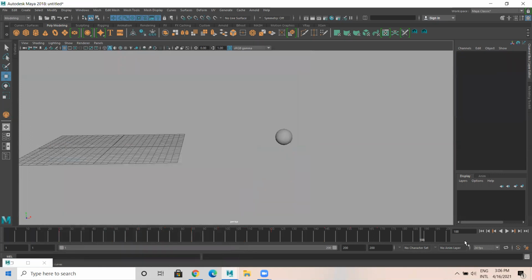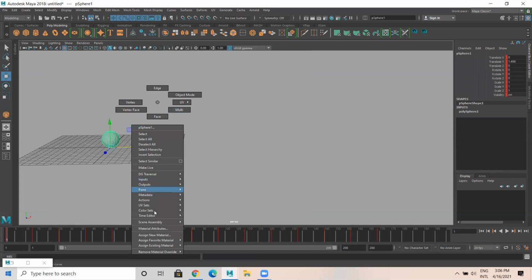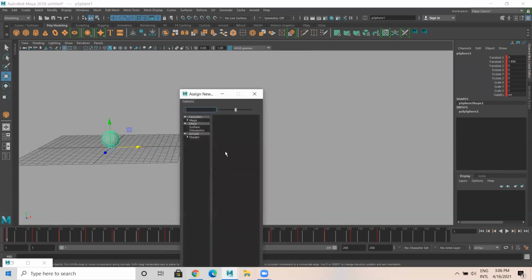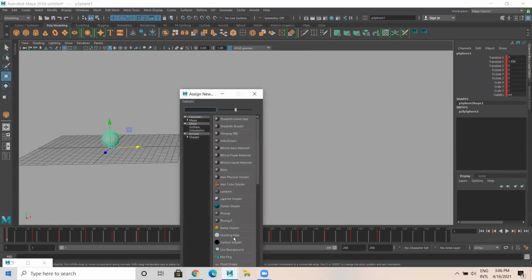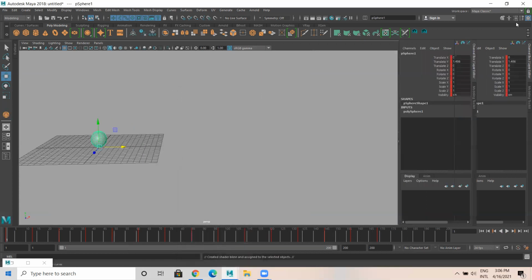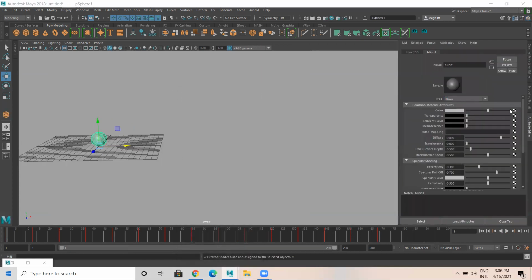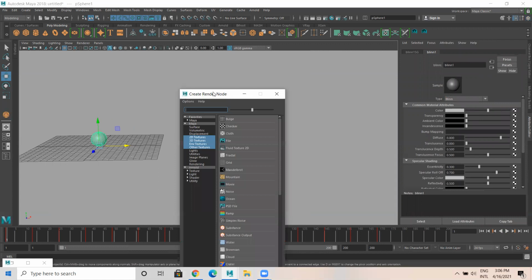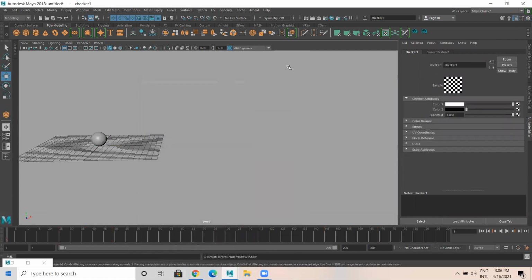So now we are getting a movement, clean movement. There is a hold here, later there is no hold. Smooth animation. So now I select this, let me apply a new material. I'll apply blend. Then in the attribute, in color, I'm going to apply checker. Okay, there's a checker box.